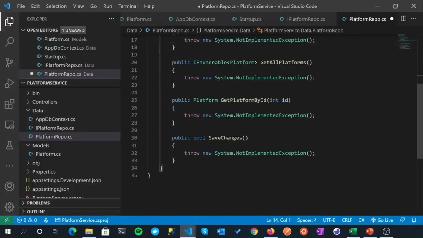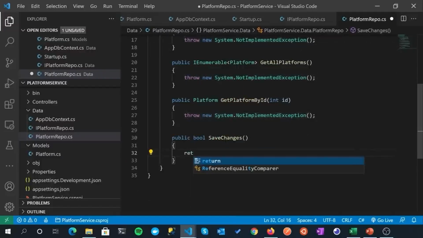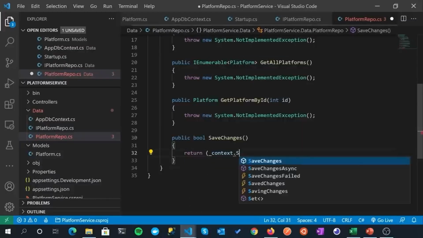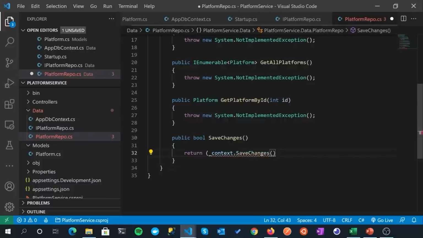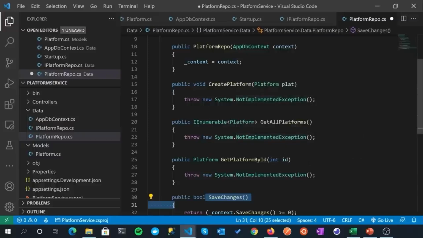So I'm going to start with the simplest one, and we'll do save changes. So let's just get rid of that for the moment. And all we want to do is return, and we're going to make use of our DB context, and we're going to say save changes on that context. And then this little bit here is really just saying if the result of save changes is greater than 0, then we basically return true back. So we had something that changed. So that's all that is. And we'll call this after any create, update, or delete operation. Any unsafe operation that we have on our data source, we will have to call that to make sure those changes are flushed down to our database.